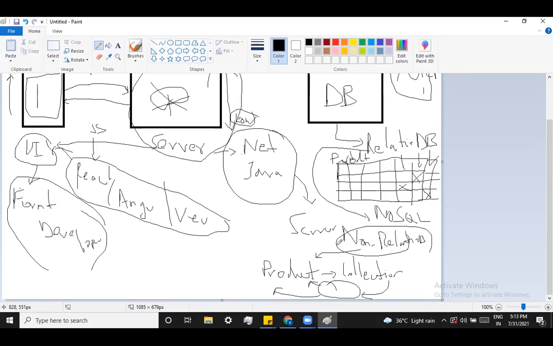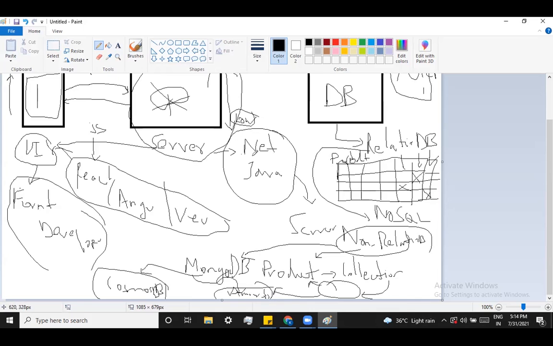In the case of non-relational databases, we use MongoDB. This is the first, a famous non-relational database. There are many others. For example, Azure uses Cosmos DB. No need to memorize all this stuff, just understand that these terminologies exist. In the case of Azure, they call it Cosmos DB. In the case of AWS, they call it Amazon S3 DB something, I am not sure about it.